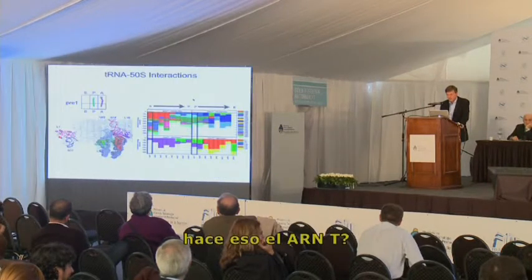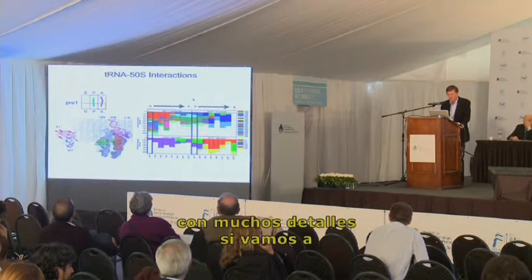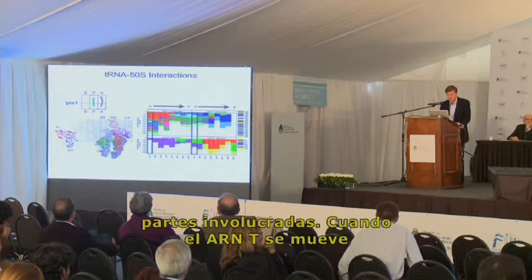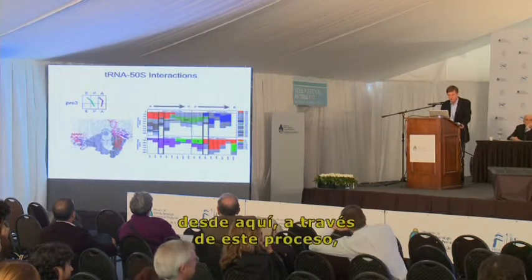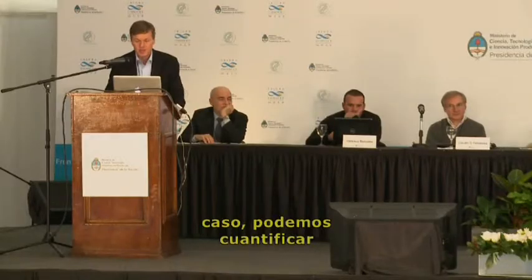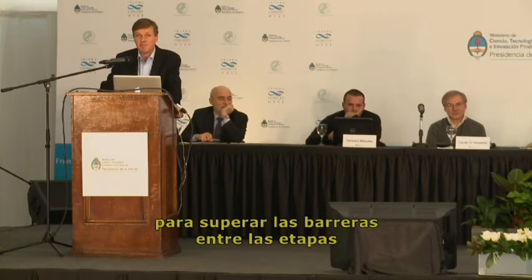And I'll just show that we now can analyze that in quite some detail by analyzing all the interactions between the different involved parts when the tRNA moves from here across this chiasm to the other side of the L1. And in each case, we can now quantify the interaction enthalpy between these states. And one thing which comes up is that the ribosome has invented at least 3 tricks to overcome the barriers between this